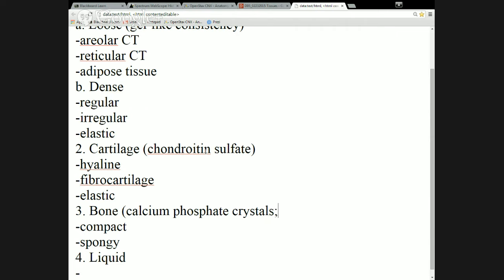The main one being hydroxyapatite. Bone cells secrete what we call bone matrix that lays down the extracellular component of bone, which has these calcium phosphate crystals,